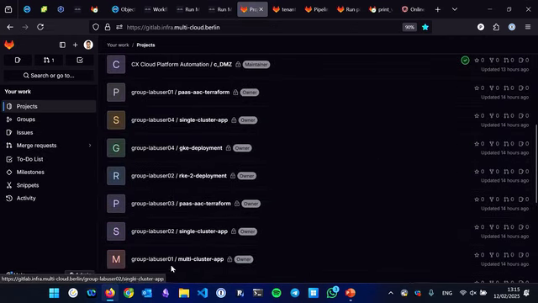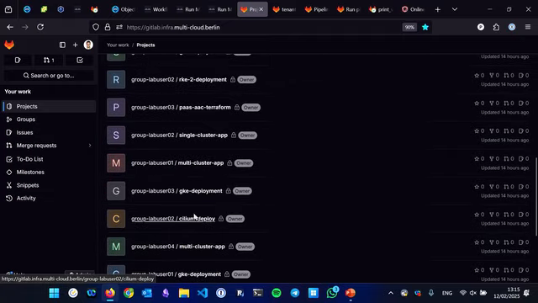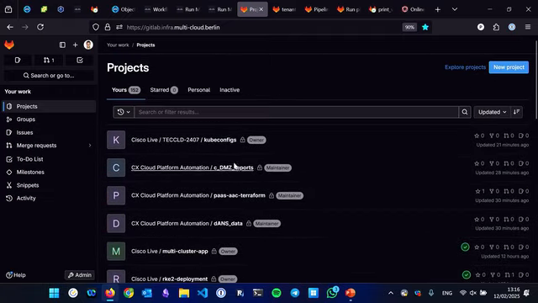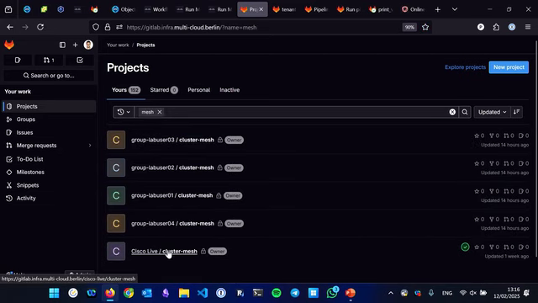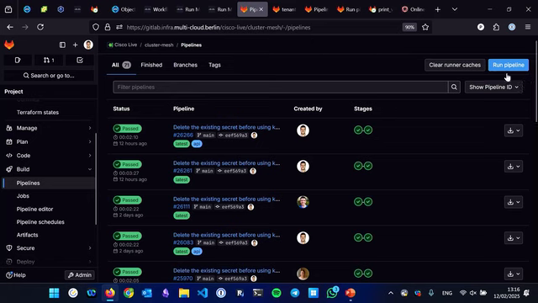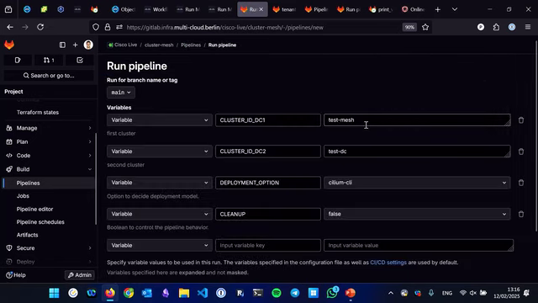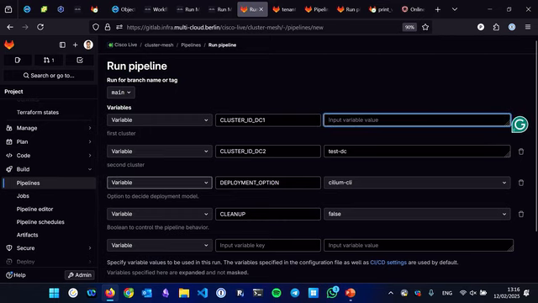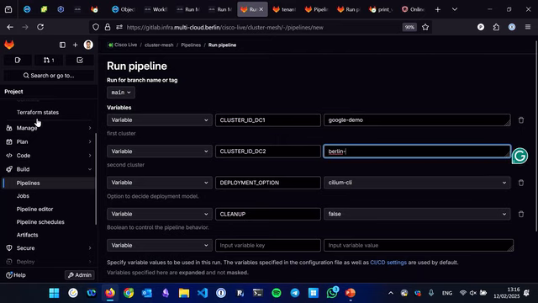So we go to cluster mesh, which is probably easier if I search for this. We go to Cisco Live Cluster Mesh. And what we're going to do here is we're going to run a pipeline providing the names of the clusters that we've deployed. So everything we're doing in workflows, we can also do here in the GUI. We could also do it from our laptop. We could also do it with a merge request or a commit, depending on what rules we want to set. So here I'll describe Google-demo, and in here I'll write Berlin-demo.